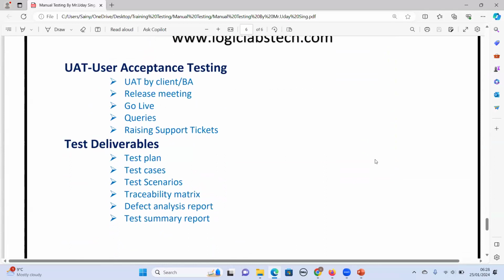Go live means once the application or the software is tested in the UAT environment. Once everybody, like the QA team and the other stakeholders involved in testing the web application or the software, comes onto one platform to say everything has been tested, all the test cases have been executed, and there are no bugs, how will it be moved from UAT to go live, to the live environment?